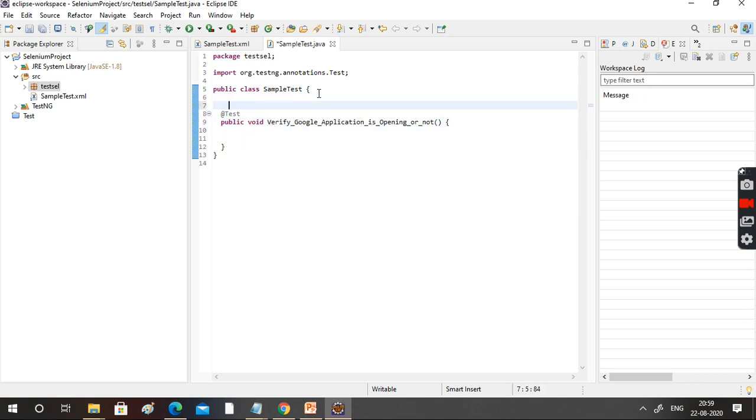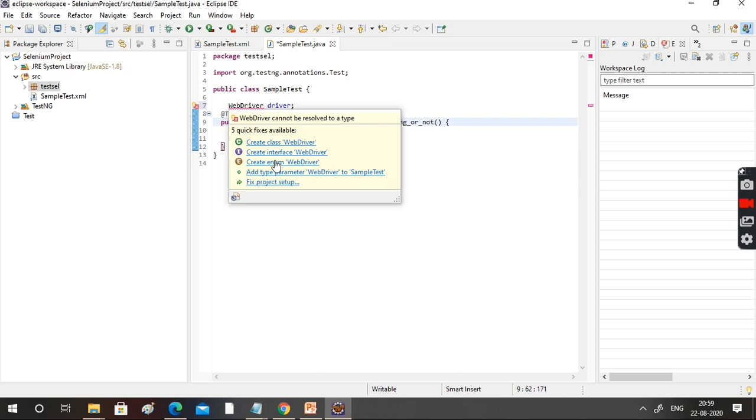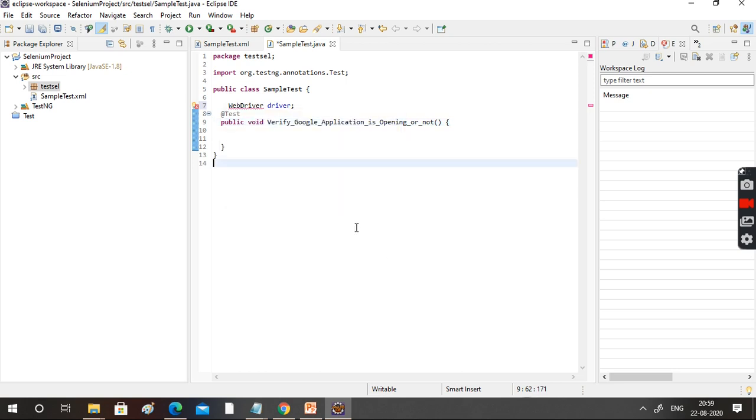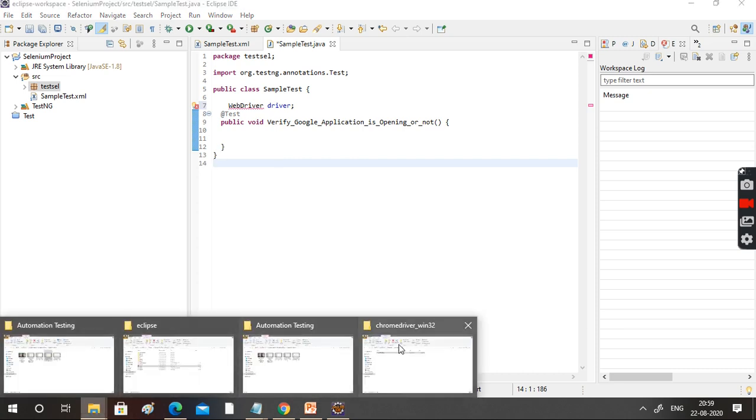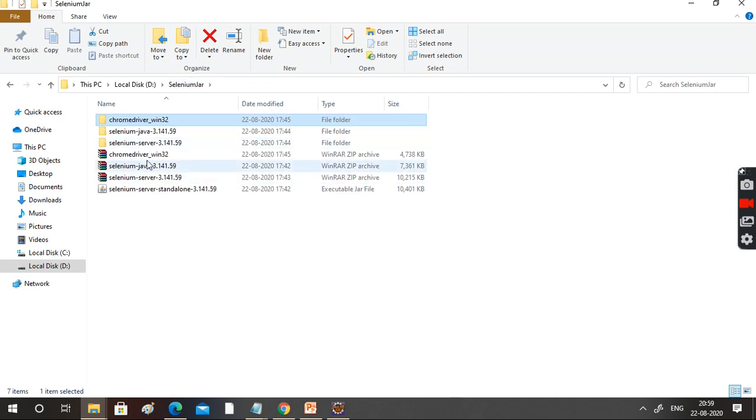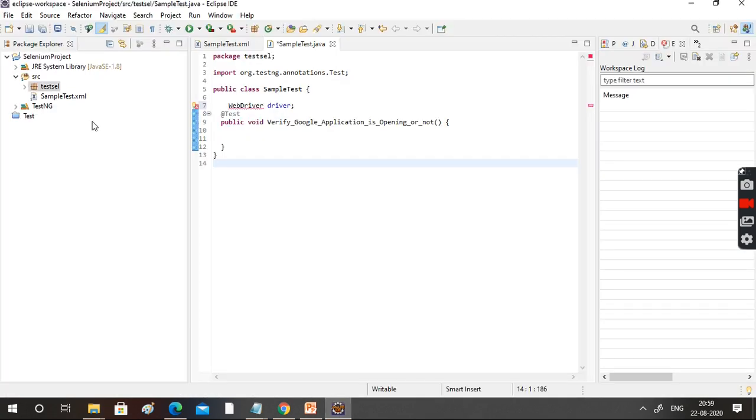And how do we do that actually? You should start like WebDriver driver. Hover the mouse. There is no suggestion over here, right? There is no WebDriver. You have already downloaded everything and kept it here, but there is no mapping. How to do the mapping?